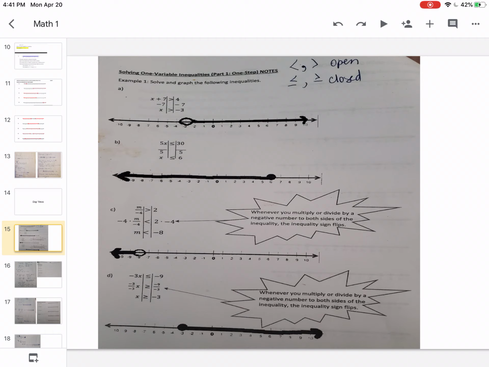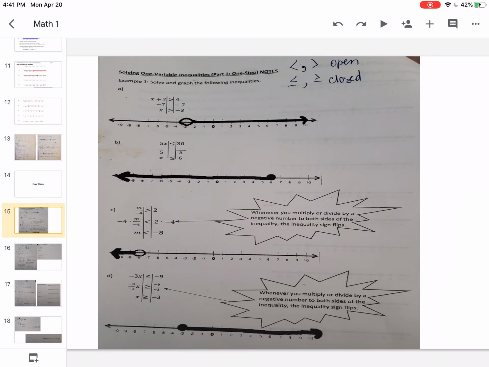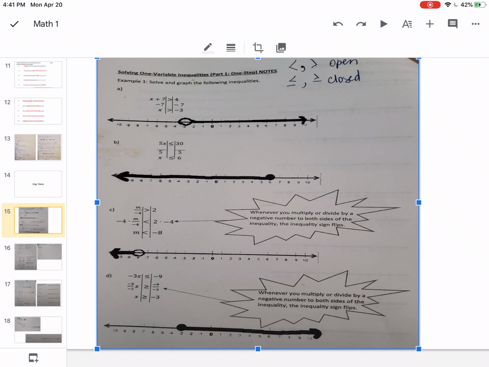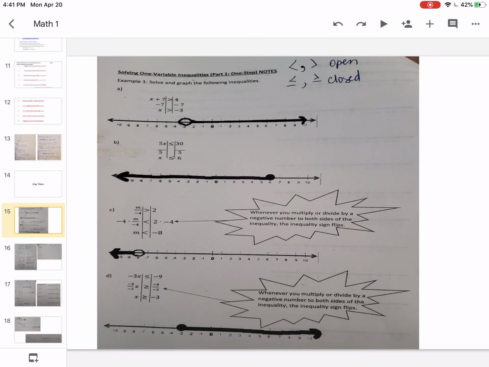Okay, so we have x plus 7 is greater than 4. We want to get x by itself, so we're going to subtract 7 from both sides. 7 minus 7 is 0, so what's left there is an x. The greater than sign stays the same, and then 4 take away 7